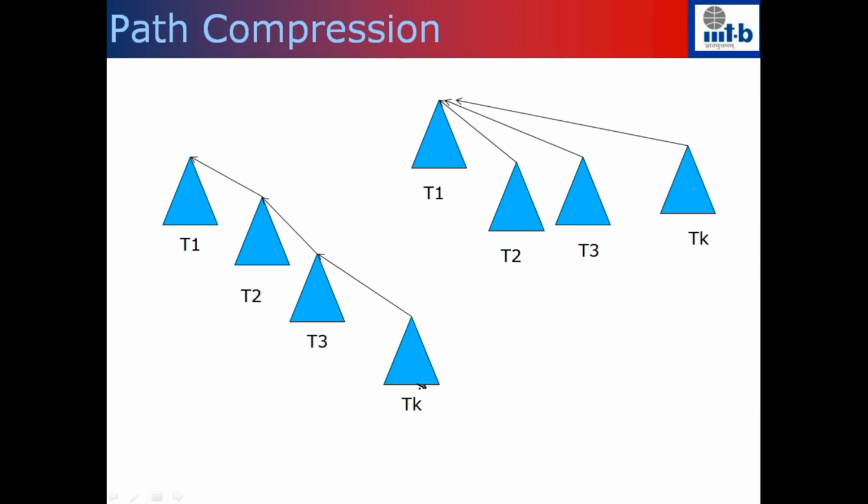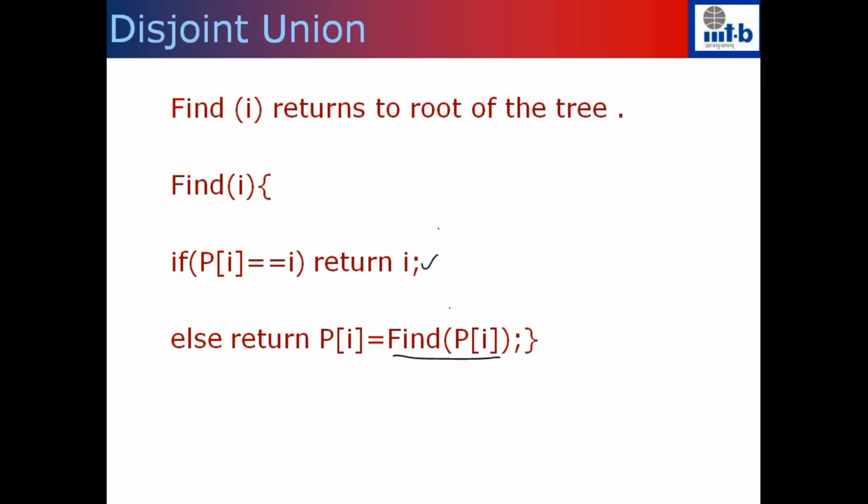But once you reach the root of this node, you can directly reach the parent point. So the path to the root node will decrease considerably by doing this operation, but this will not add any additional complexity to our find algorithm. So the find algorithm just is that I have to remember that P of I is equal to find of P of I and return this node. That's all. Earlier I was just returning find of P of I. Now I have to set P of I to find P of I and return this number.